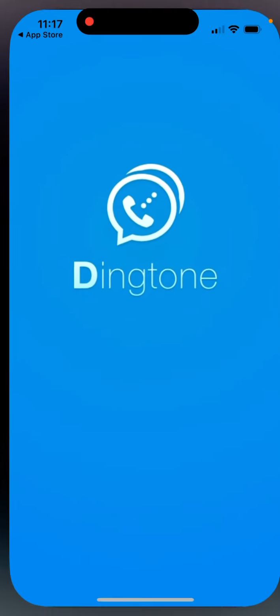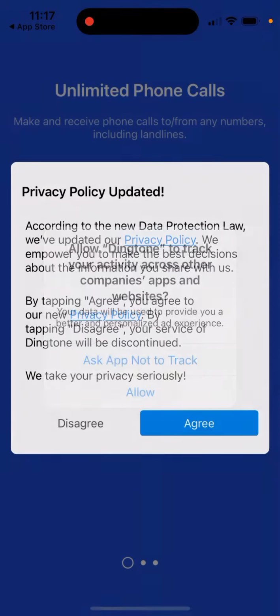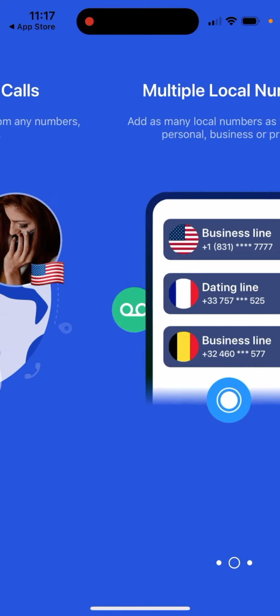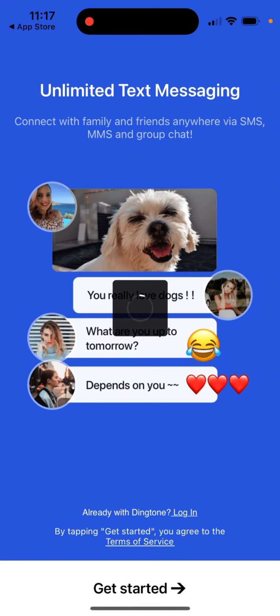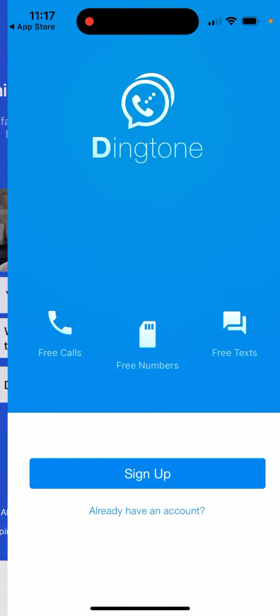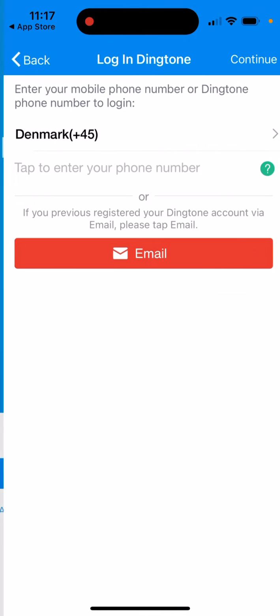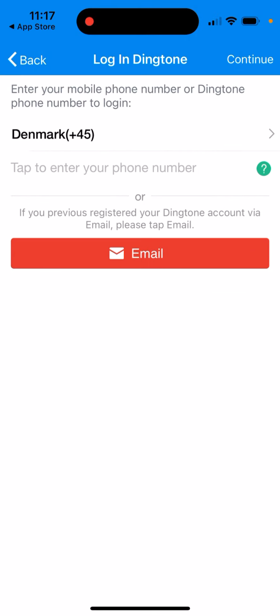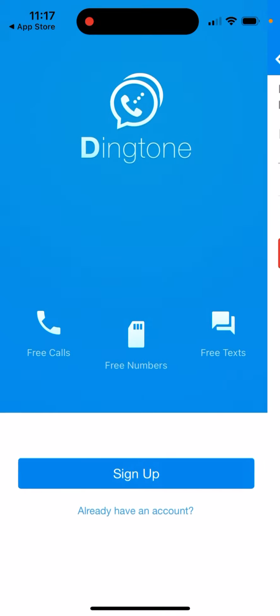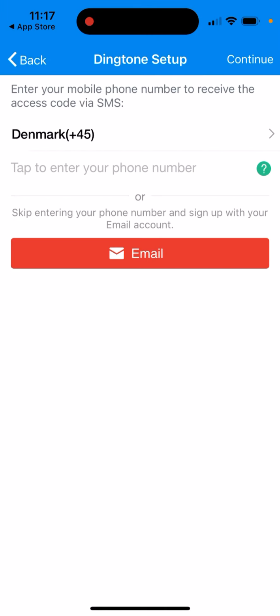But let's just open it up, because a lot of these apps say that they are free. In fact, they are not free. Either there is a really short free trial to get the second phone number, or you instantly need to upgrade. So that's basically it, and then you just need to log in or create an account,